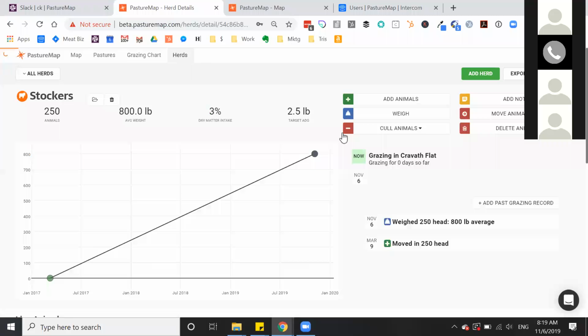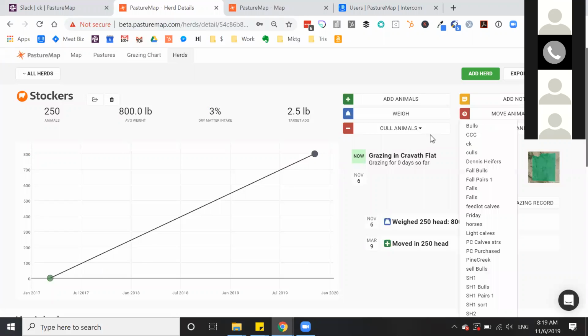So this is your dashboard for the animals. Because I put in that it was 2017, it looks like they've been gaining on a straight line up to 2019, but it would be more realistic if you usually do it for a single season. And every time you put in a weighing event, there are multiple toggles here. You can add animals, you can remove animals, delete them, switch them between herds. We made